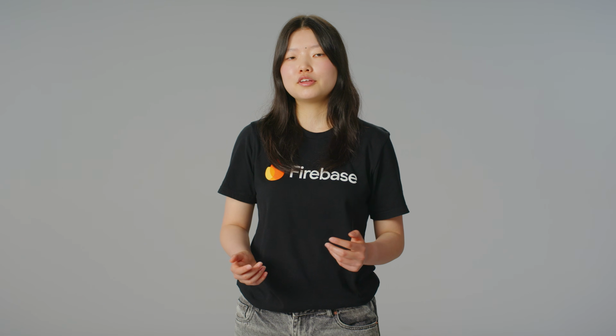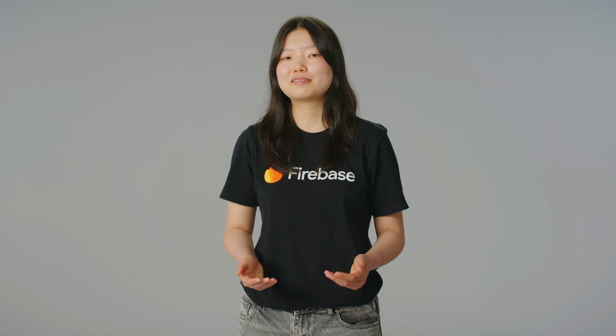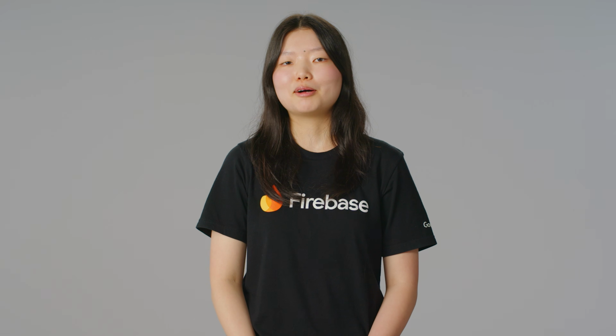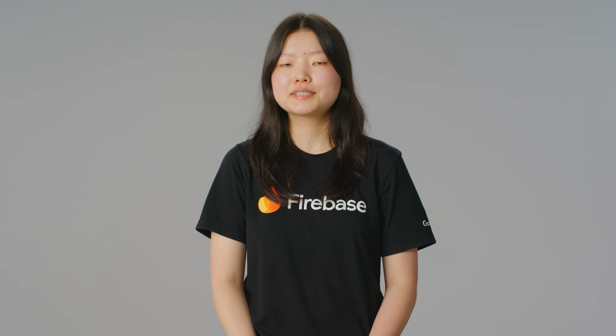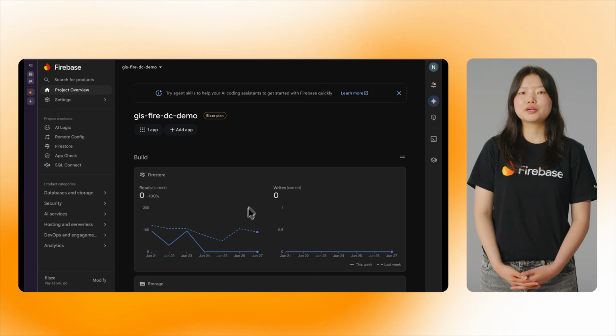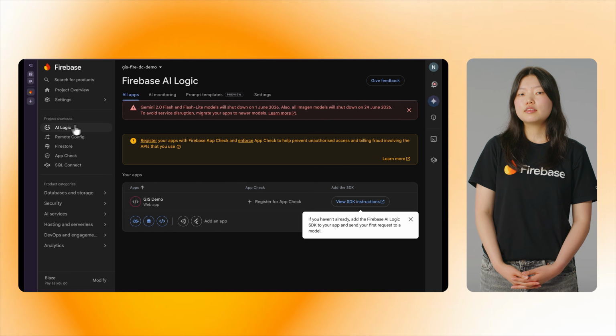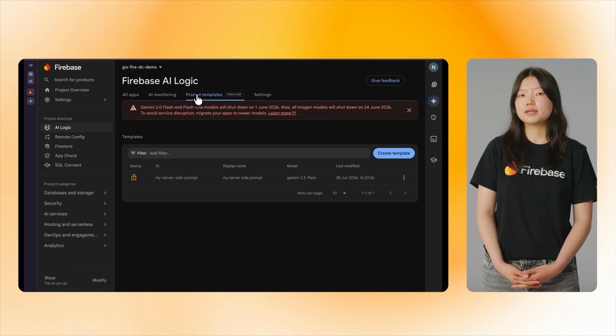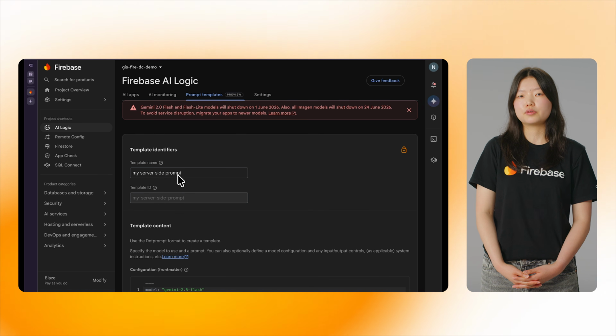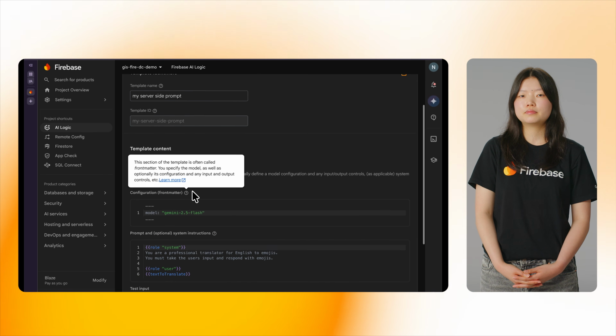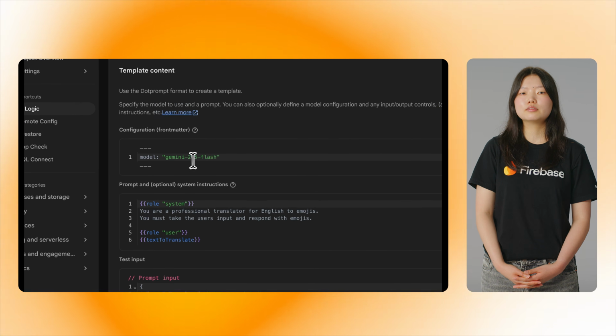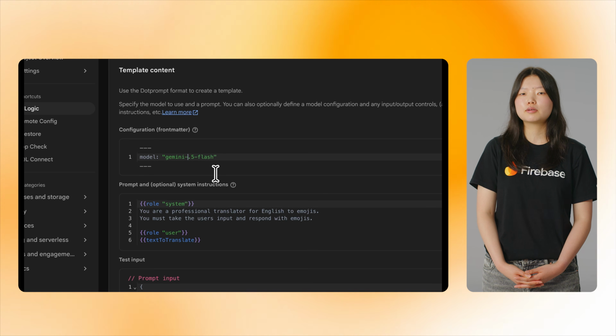You may have heard of another way to configure models in Firebase AI logic. Let's take a look at that. There's also the option to use Firebase AI logic with server prompt templates. This is where your prompt and configuration are stored securely on Firebase servers. The only thing you send over when calling the Firebase AI logic API are the input parameters to be used in your prompt. Here, you can update the model by going to the AI Logic tab in the Firebase console,